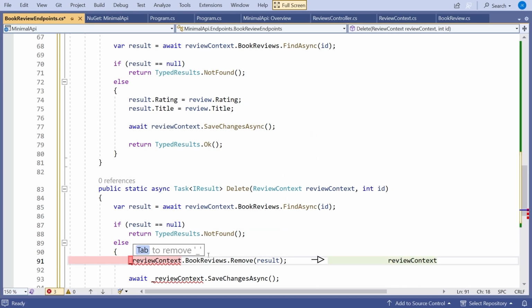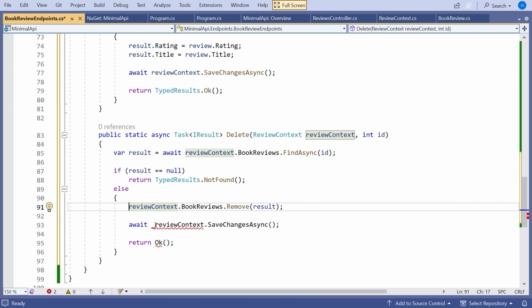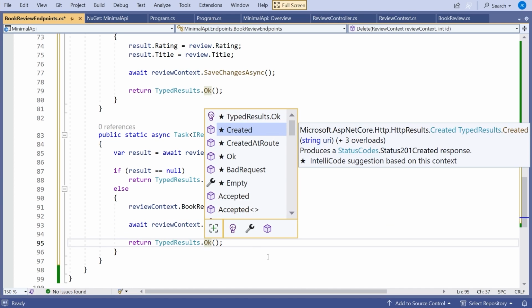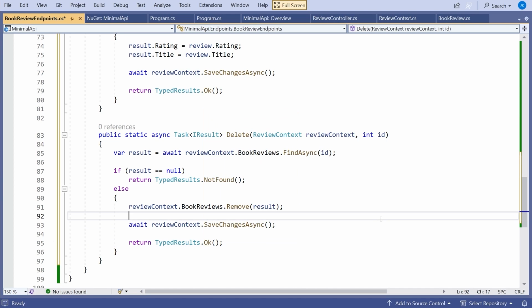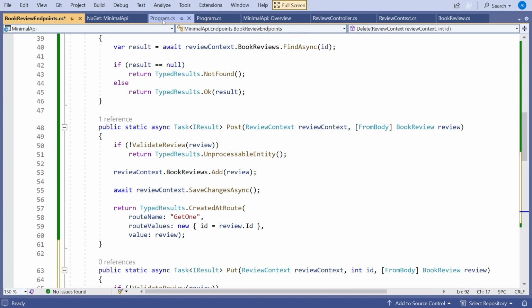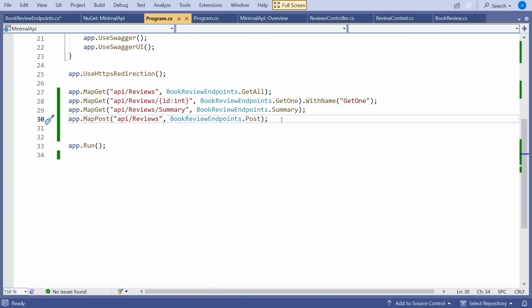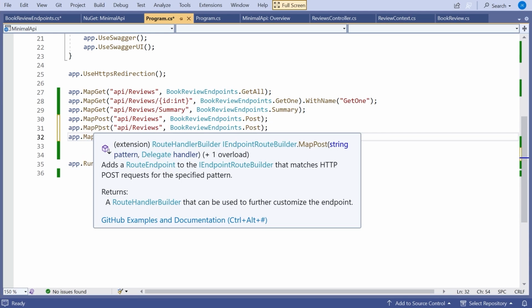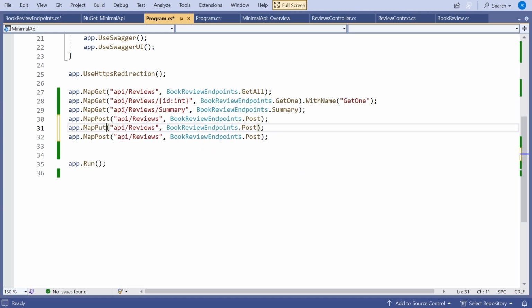So you can see it's a fairly straightforward mechanical process once you get going with these to convert the controller methods into endpoints. We've got all of those there, and if we go back to the program and put those last ones in, our put and our delete, make that one put.